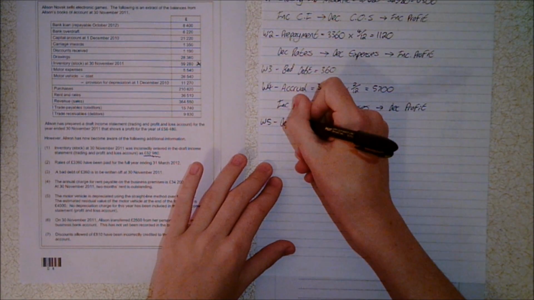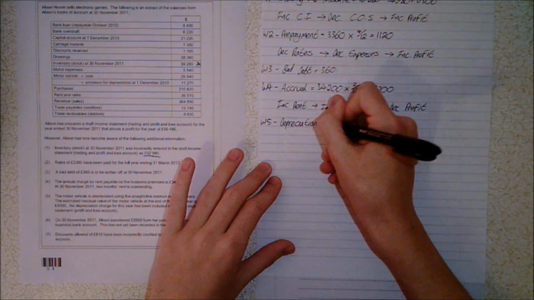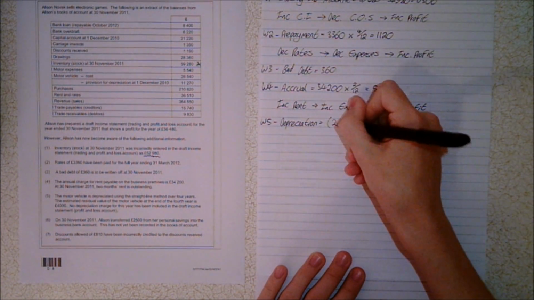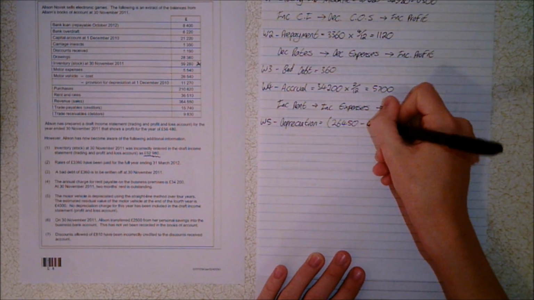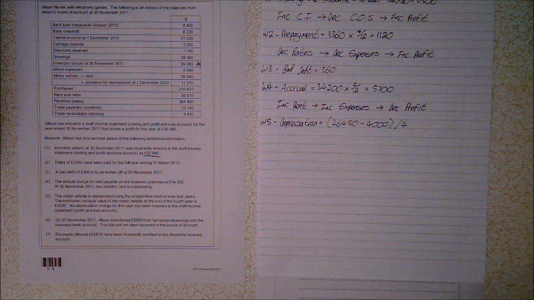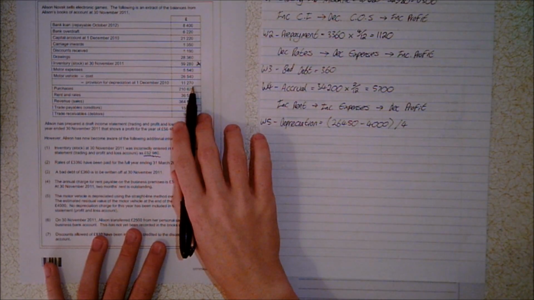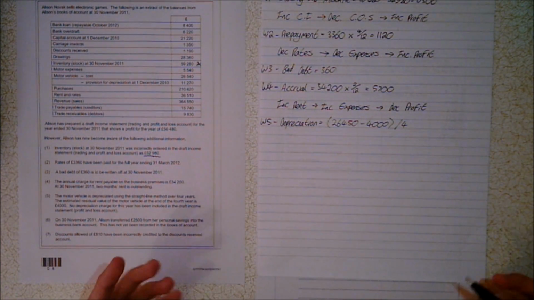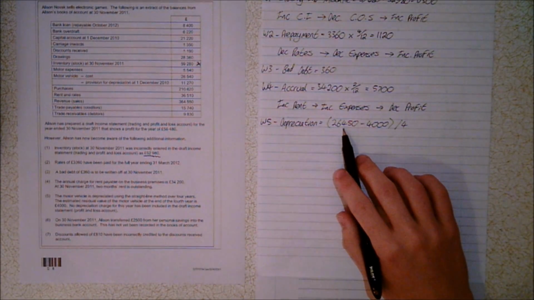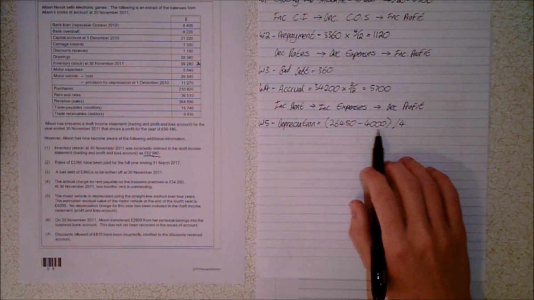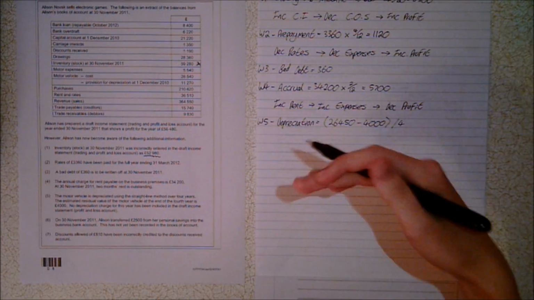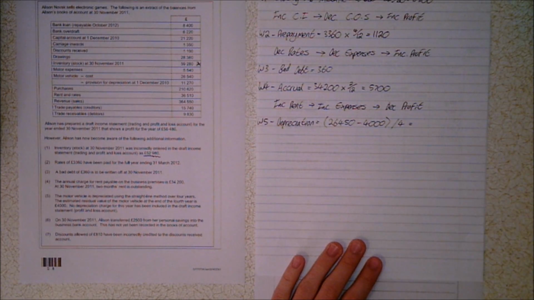We haven't calculated it yet. That's all that means. So how am I going to calculate this depreciation? It's going to be quite straightforward. I'm going to use brackets. My motor vehicle cost is 26,450. I'm going to take away the residual value, and divide it by 4 for the 4 years. If we were doing a reducing balance, we would use this provision, but we don't use a provision because we're just using the straight line method. We want the same amount of depreciation each year, don't we? So 26,450 cost minus the residual value, the value of the vehicle after we finished with it at 4 years, and then we divide that lifetime by 4. So that's going to give us